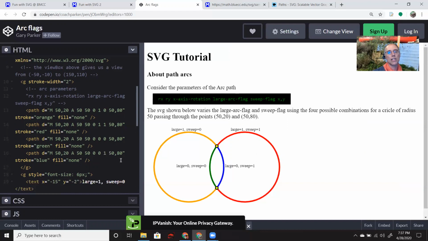So if I said instead, let's pick a large arc but trace clockwise, which one will I get? Will I get the orange one or the red one? So take a guess, make the change, and then we should see it happen. So it swept clockwise because I left that as a 1. If I switch that and it picked the big arc, if I swept that to counterclockwise, then it will replace